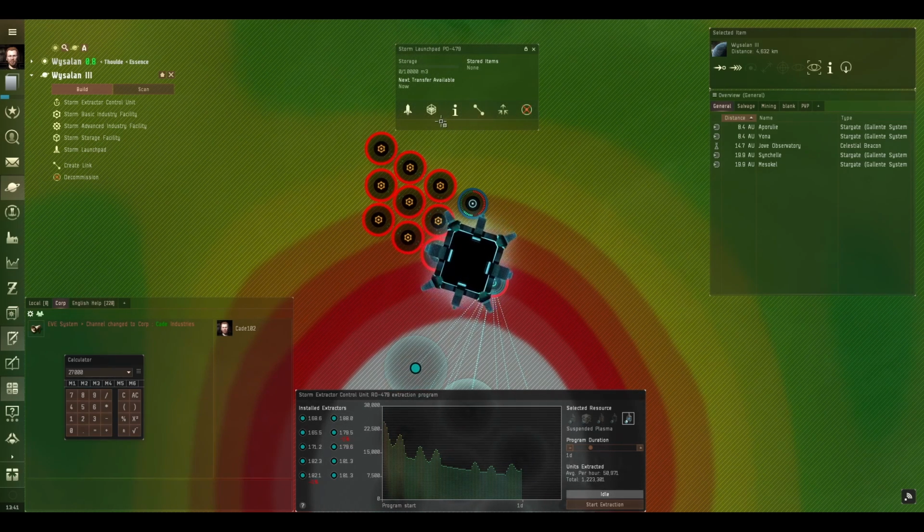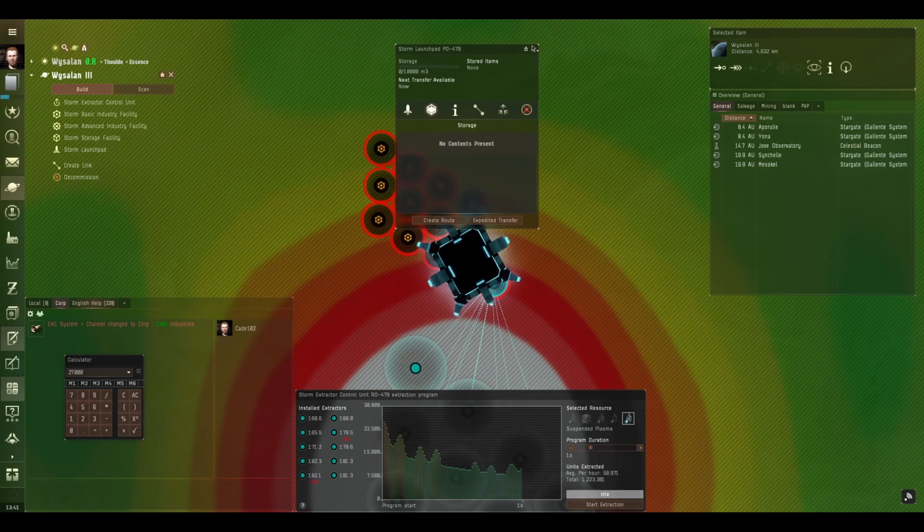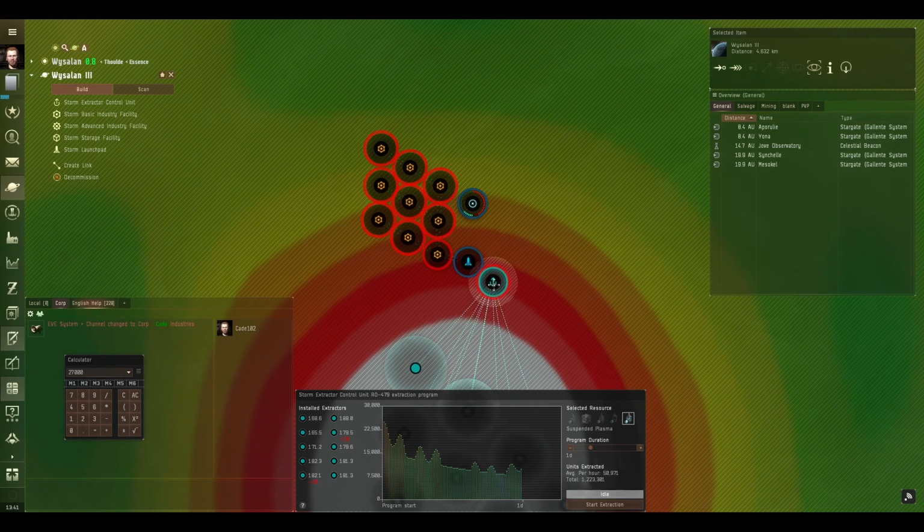That's why I've built the launch pad here. Launch pads have storage of 10,000 cubic meters. So what we'll do, we'll tell the extractor head to deliver stuff to the launch pad and hold it there, and then we'll tell the launch pad to deliver it to the factories. So the launch pad will store all the excess and only deliver to the factories as much as they can